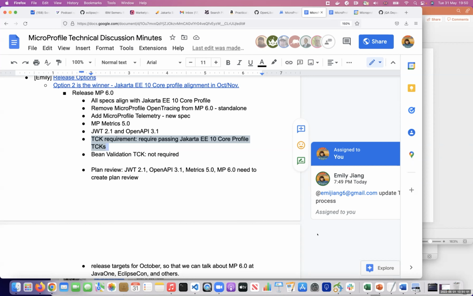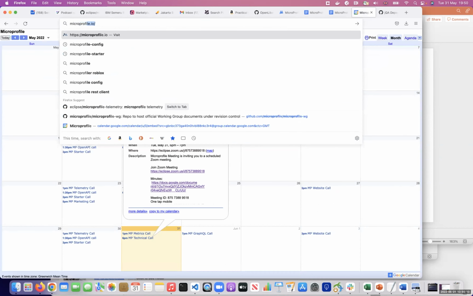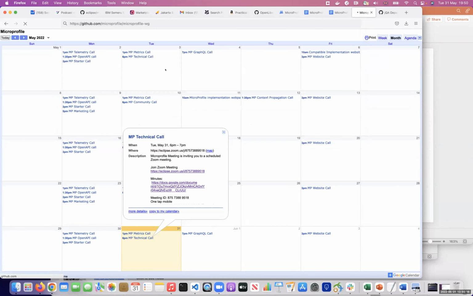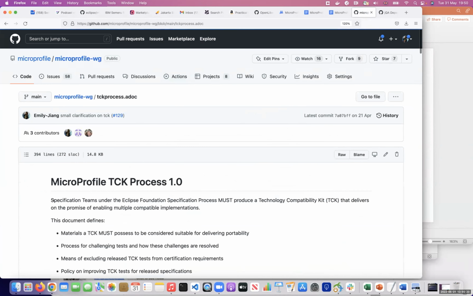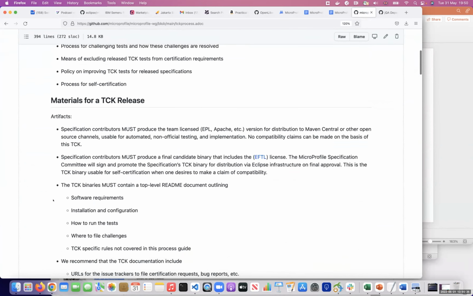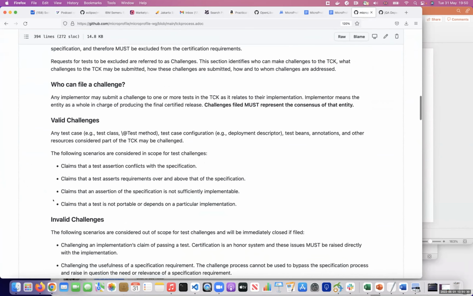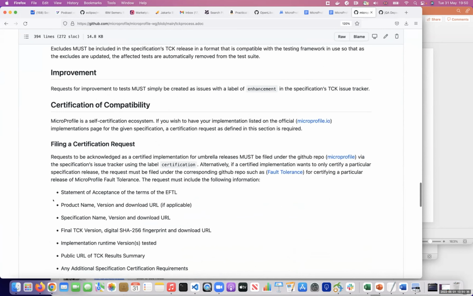Also, I will go through the TCK requirement in the MicroProfile Working Group TCK process. Okay, so looks like we don't need to change the TCK process.